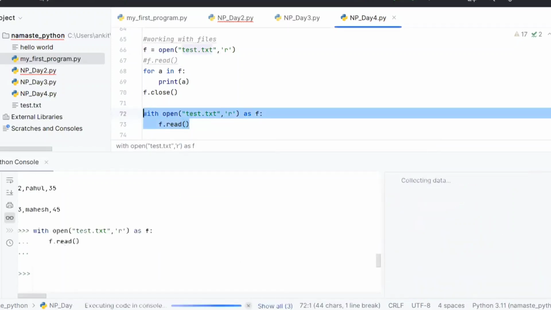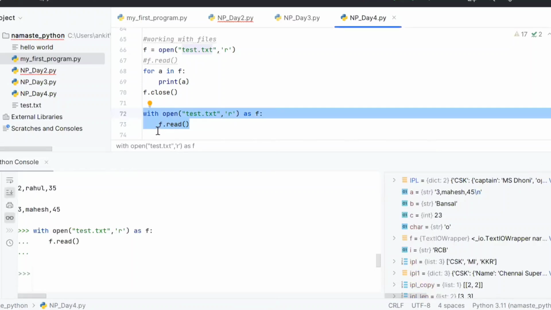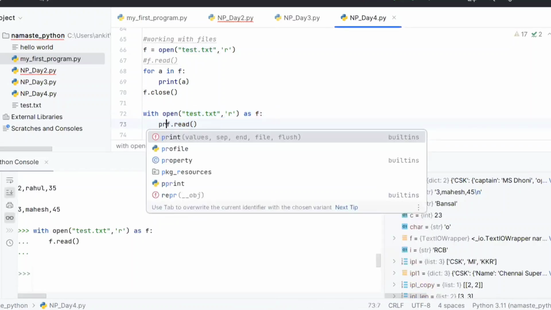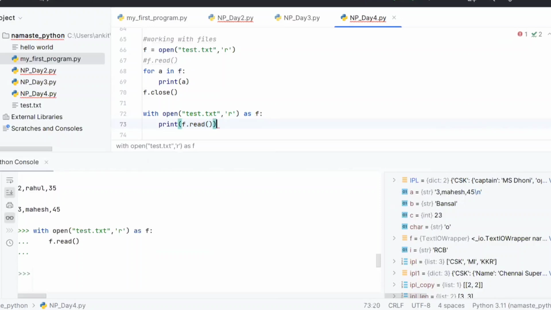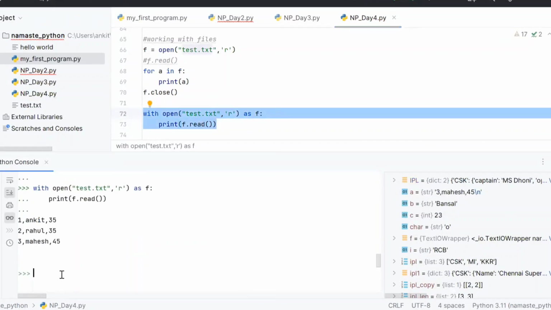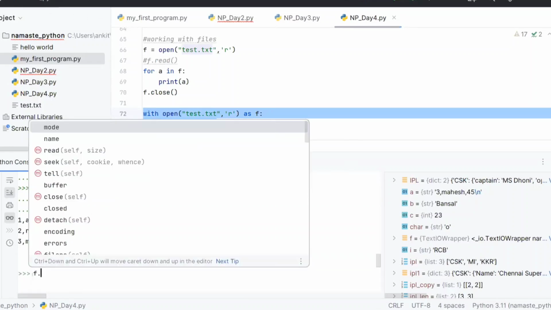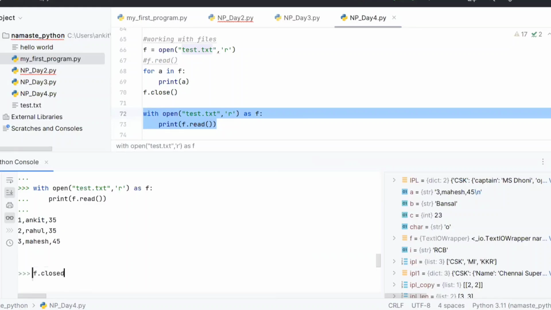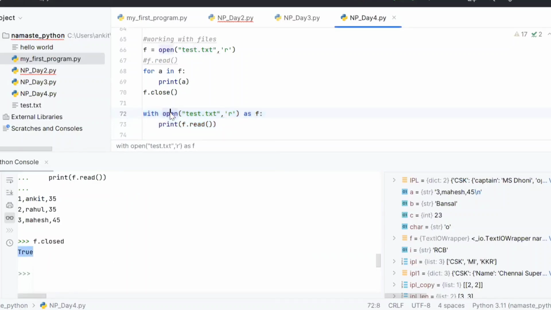So if I run this now, okay, I have to print it. Okay, so if you see, everything is printed now. This is f.read, and if I check f.closed, you see it is True, right? So I have not separately closed it. With this syntax, it will automatically open and close it. Okay, so either is fine, not an issue.